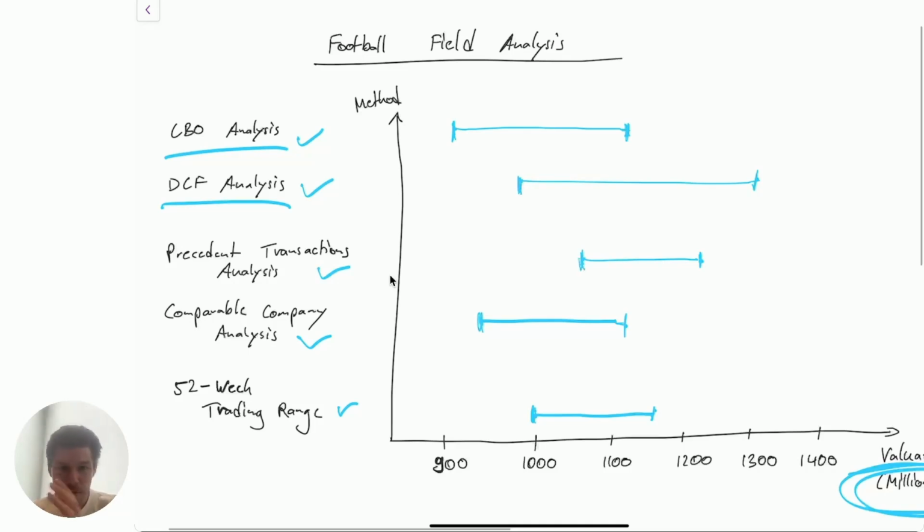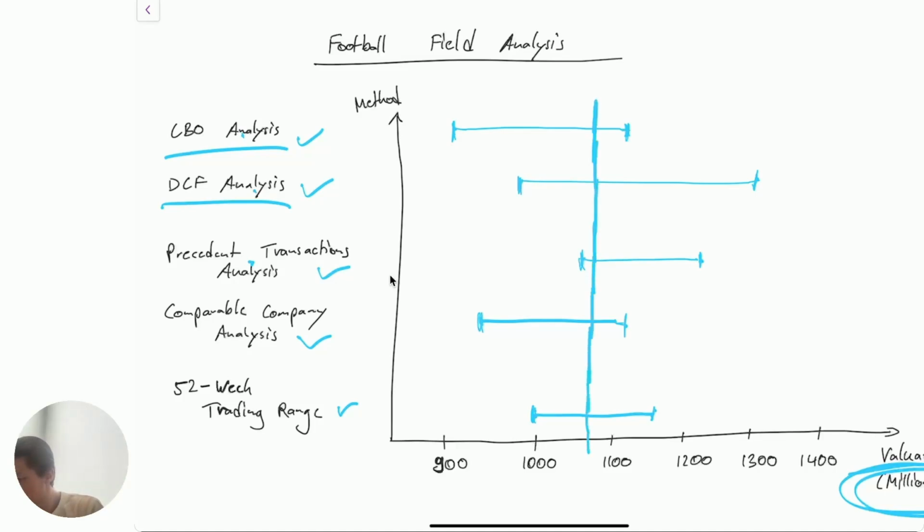And then after we have come up with those ranges, worst case, best case, we overlap them and see, okay, what do we think is our valuation? So here, for example, if I assumed every analysis has a 20% weight, and so on, I may have a valuation somewhere here, near 1.1